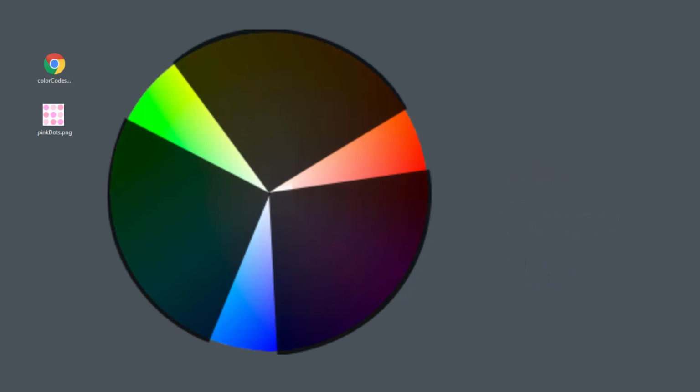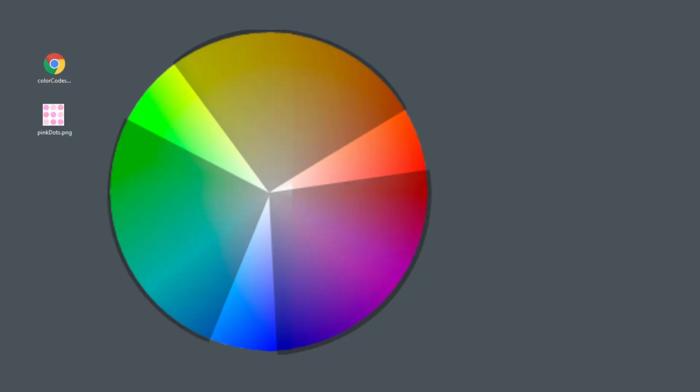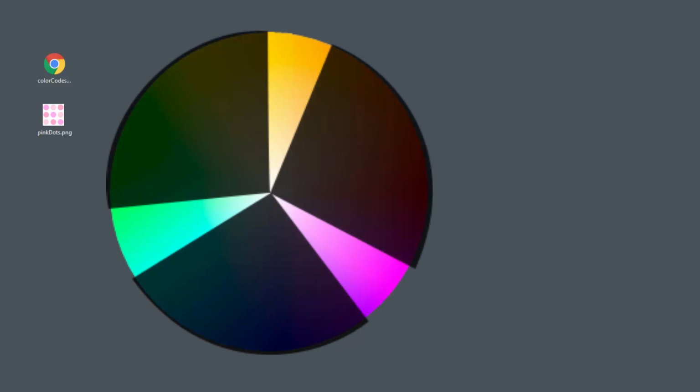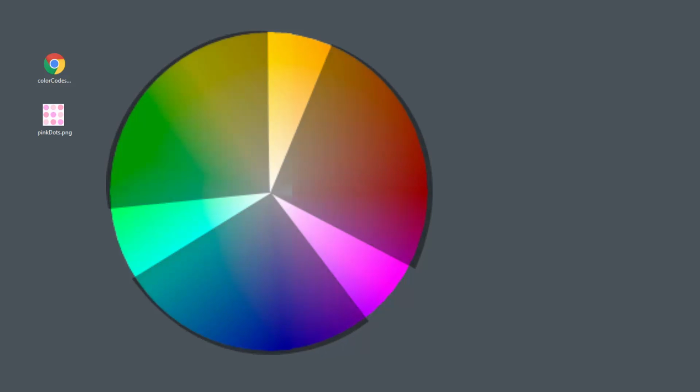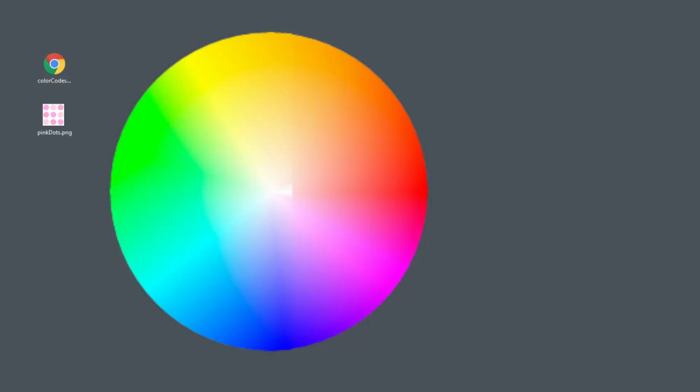There's nothing intrinsically primary about red, green, and blue, but they do represent points on the color wheel that are equidistant apart. In the RGB system, the secondary colors can be created by mixing two adjacent primary colors. Red and green make yellow, green and blue make cyan, blue and red make magenta. The RGB color code for any color is determined by three values that represent the intensity of red, green, and blue. The intensity for each color ranges from 0 to 255.